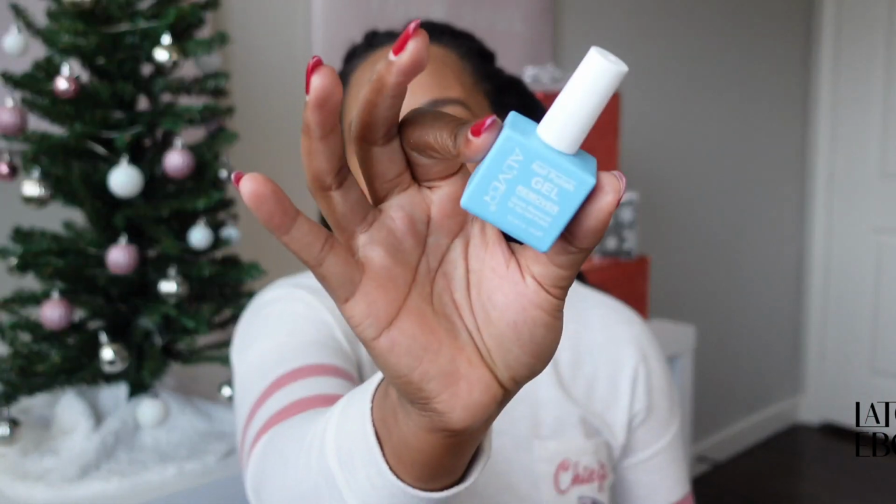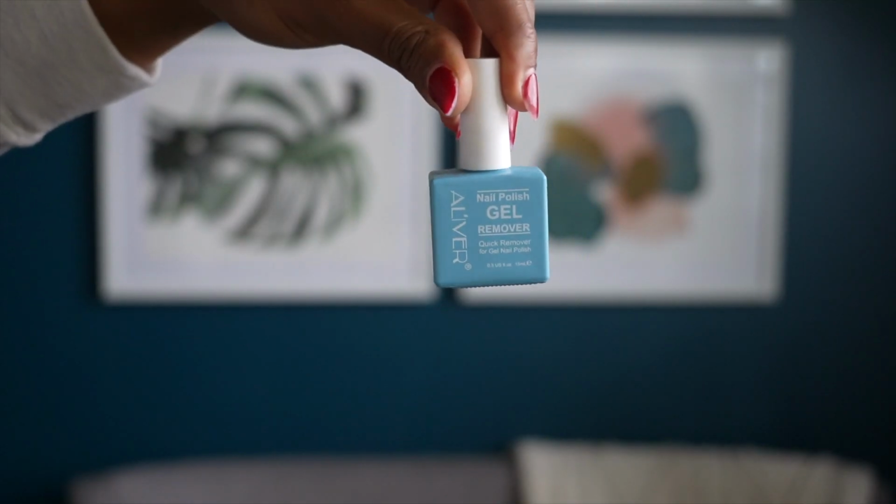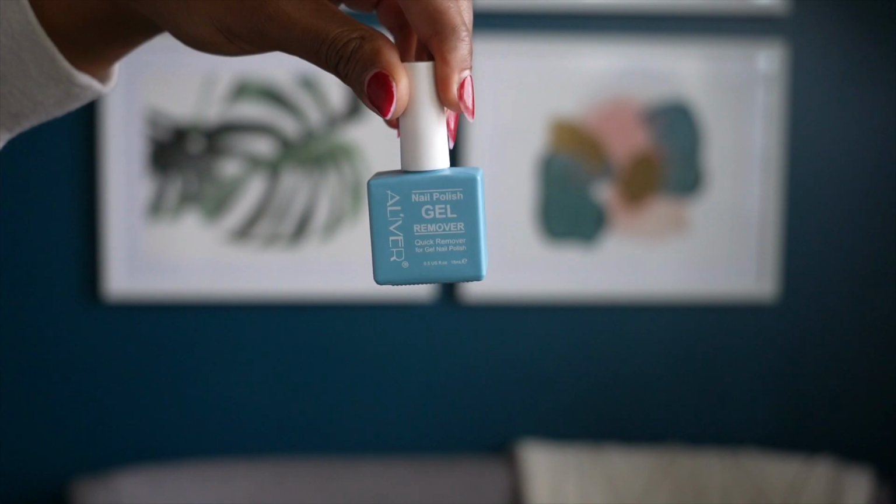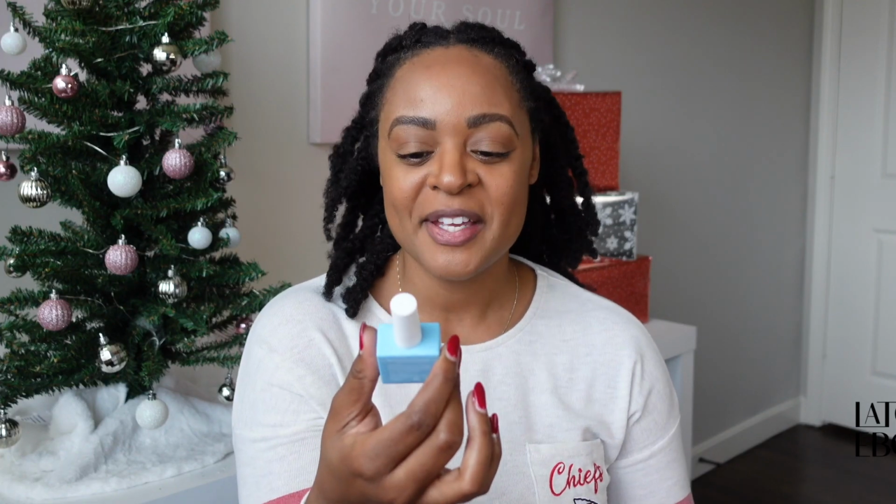Getting nails off is like, oh, I've never done it successfully without tearing up my nails. So this is what we got, okay? This I saw online, and it is the Aloe Vera, I don't know. This is a nail polish gel remover. You paint it on, you leave it on for a few minutes, and it's supposed to help you remove gel